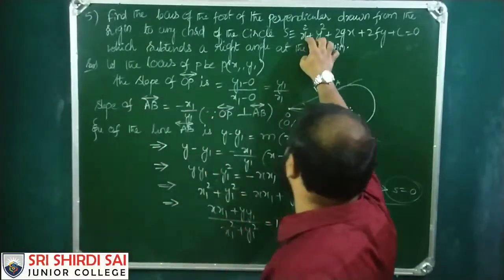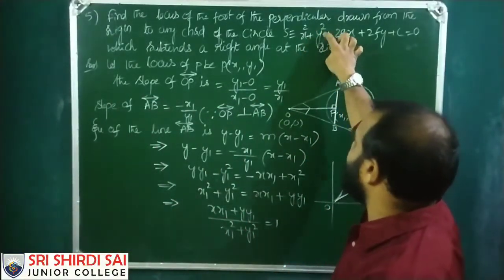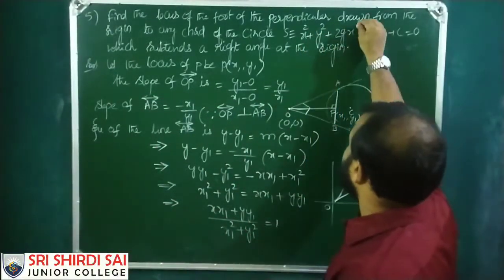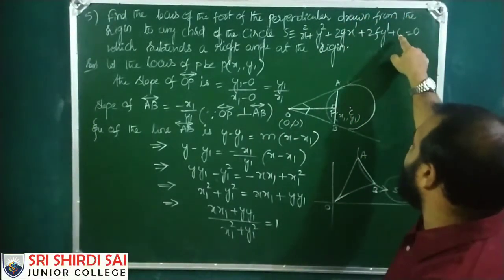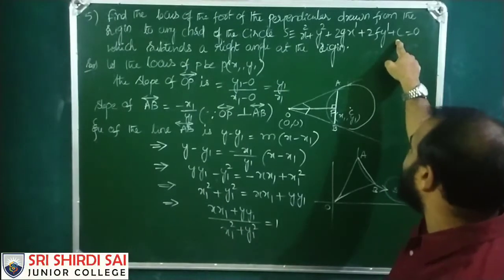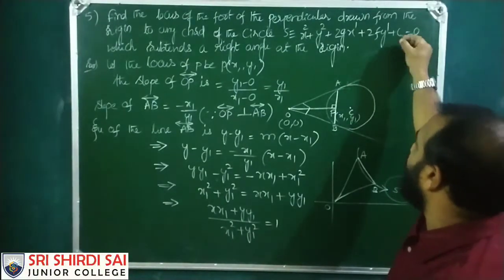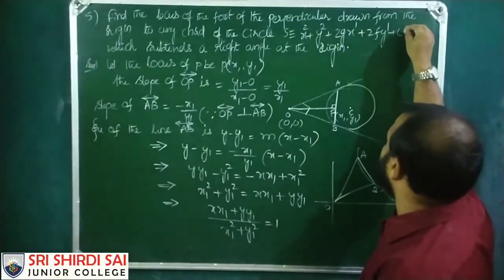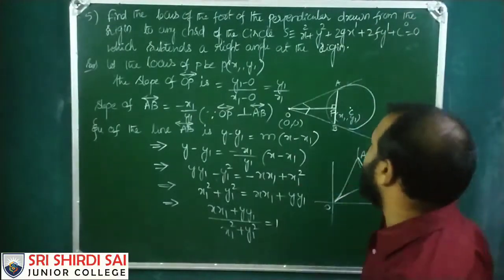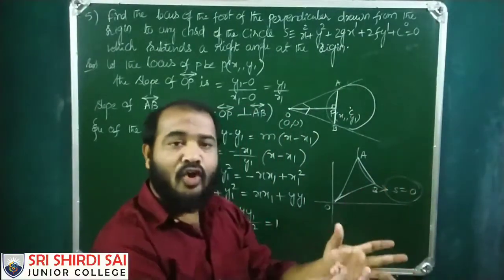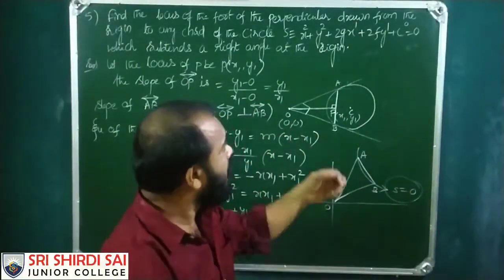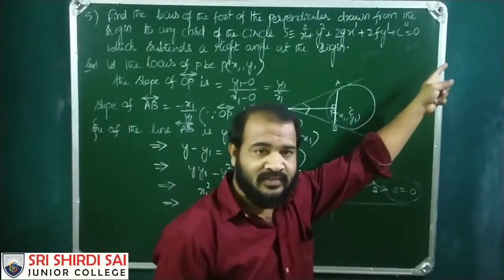Here x has the power 2, y has the power 2, 2gx, x has the power 1, y has the power 1. See, we neither had x nor y, so its power can be assumed as 0, for example. Then here 2, 1, 0. So it is a mixed combination of all the powers. Therefore, we need to homogenize this.